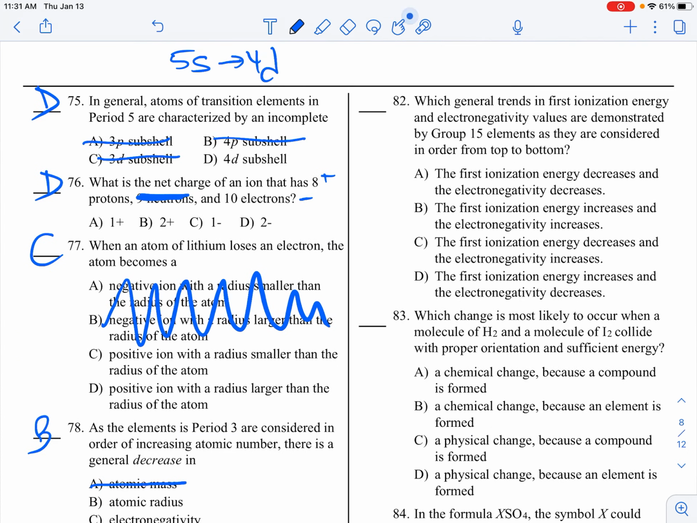Which general trends in first ionization energy and electronegativity values are demonstrated by group 15 elements considered from top to bottom? So group 15 starts with nitrogen, moving on down. So we're looking for ionization energy. Nitrogen is 1402, and then phosphorus is 1012, and then arsenic is 944. So that's going to decrease. So not this one. And electronegativity,